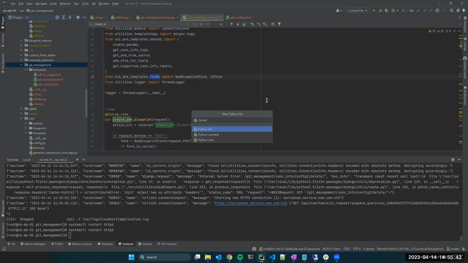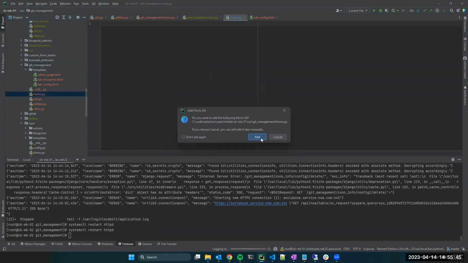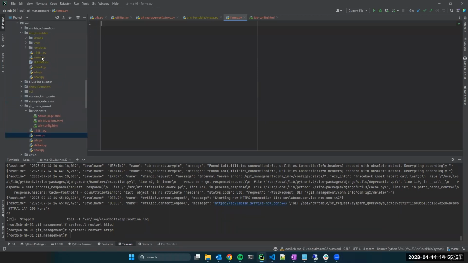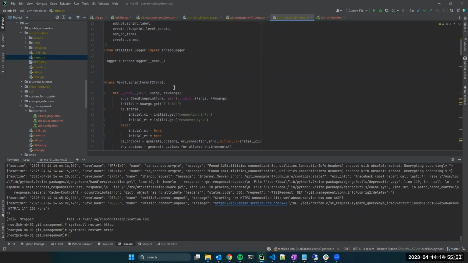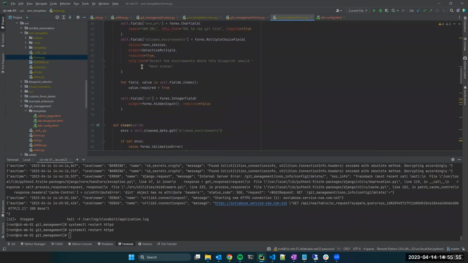This is going to be forms. I'm going to add the py extension for me. So I'm going to add it to Git. We'll take care of that later. Now that we're looking at our forms file, let's go back up to the ARM template forms. Let's start with